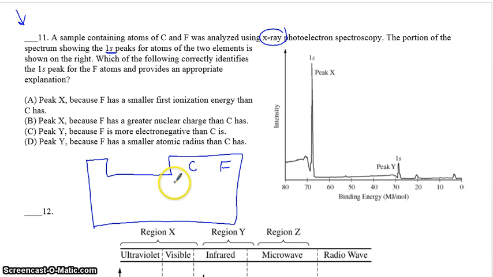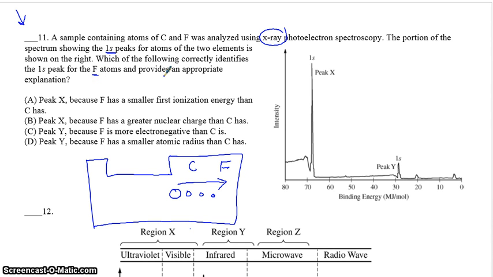as we go this way, this actually gets a little bit into chapter 7. We know that as we go this way, the size decreases. Elements get smaller and smaller and smaller. So we know fluorine has a smaller radius than carbon, so it should be tougher to remove fluorine's electrons. So let's take a look at what it says. It says which of the following correctly identifies the 1s peak for the fluorine atom and provides an appropriate